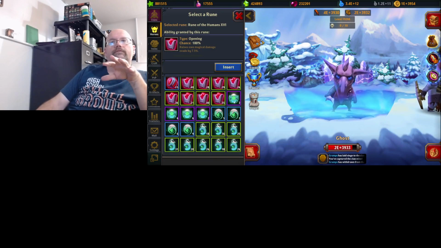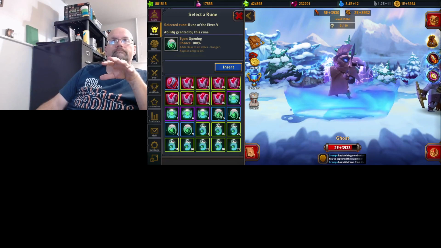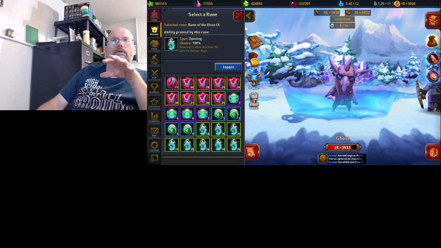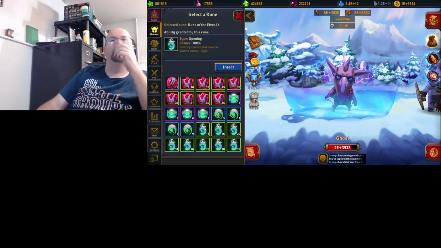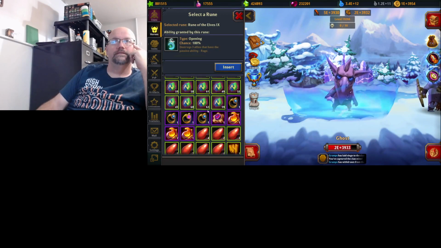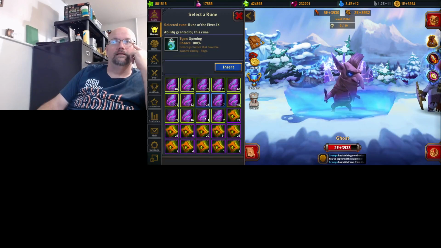Then you get into these elves ones. These ones I've tinkered with a little bit more, but not a whole lot. But the most important one is this one. Okay, so it destroys 3 allies that have the passive ability of rage. And so rage is one of these ones that you get up here from the Black Knight, from your Rune Week